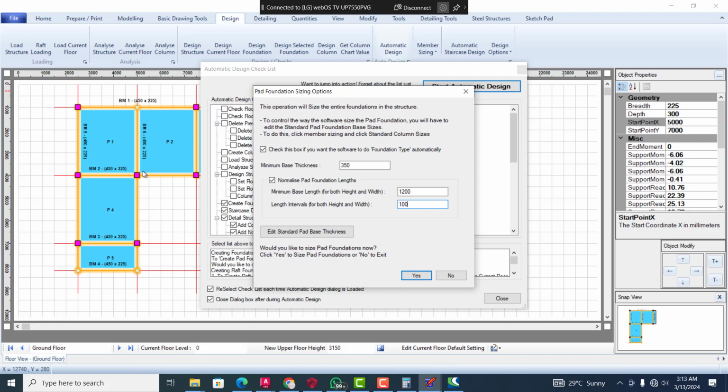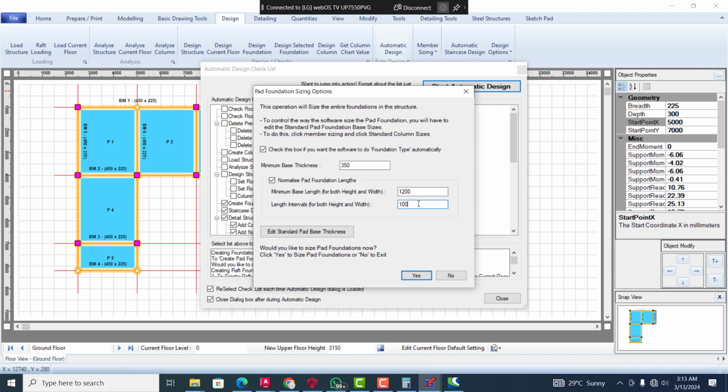Now, let's say this one fails and every other one is actually 1.2, 1.2, 1.2. But this one, that 1.2 did not actually work. So what do I do? Now, I am telling this software that it should test the next size of footing. It will test